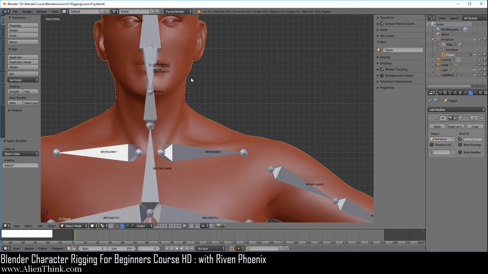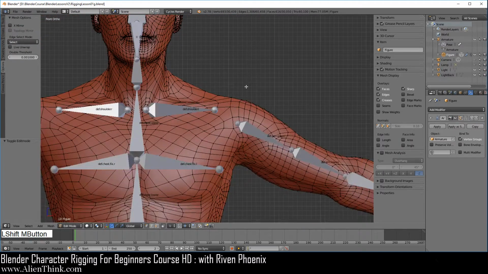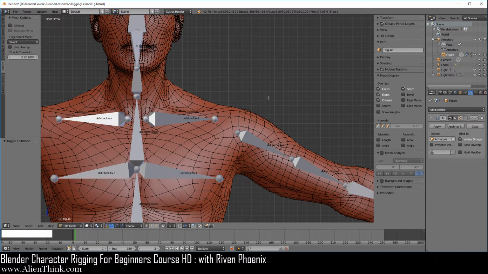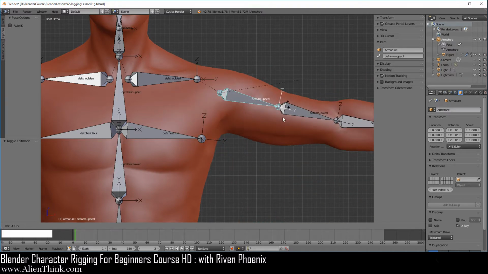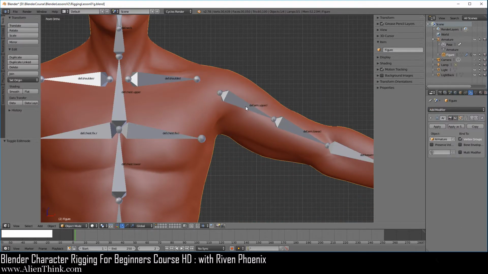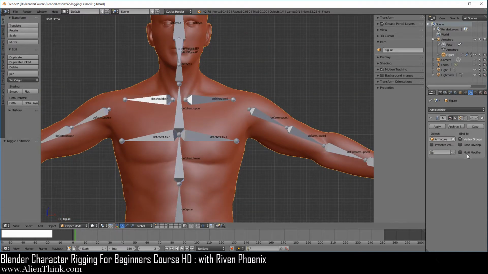So if you zoom in, do Tab, you can see that the eyes have way too many polygons over here. Here I'm just showing you the basic concept. Now if you do Tab, now click on this bone and press the R key, notice how fast it is, right? This is because the only calculations that are happening in the 3D view are really going to be done by the armature deform. Okay, now that's what I wanted to show you. Okay, now again, we're not really going to apply the mirror and the subdivision. It's because we need to keep these on until we are completely satisfied with the rigging process, right?